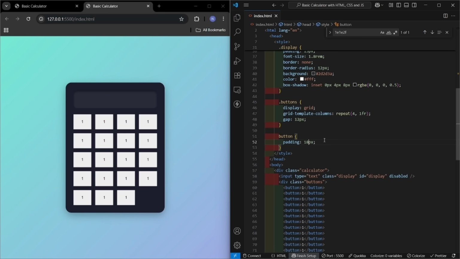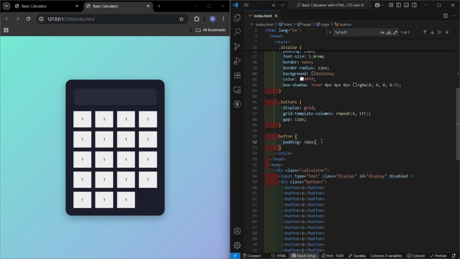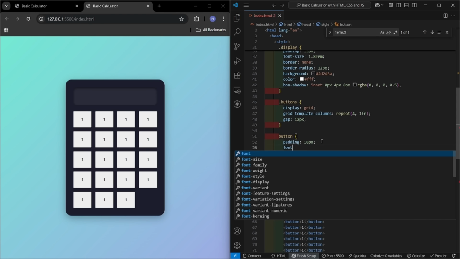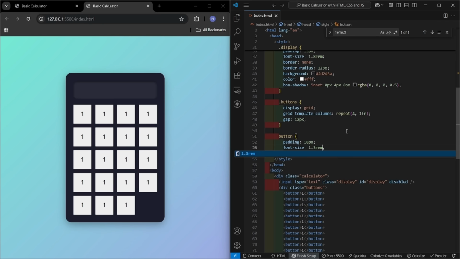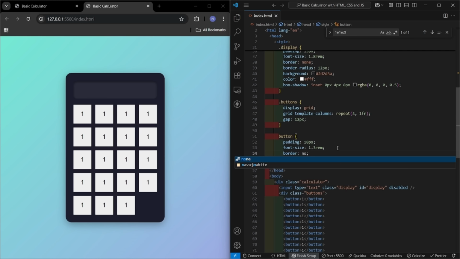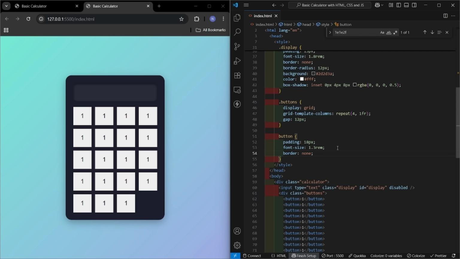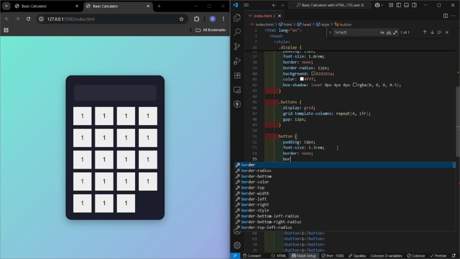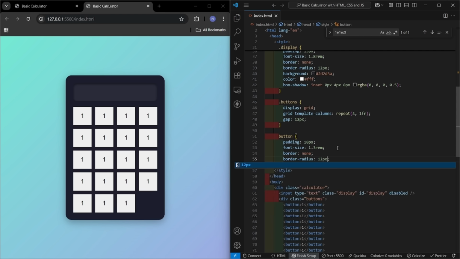No, 18 will be better. Yeah, great. After this, font size 1.3 rem. Okay, great. Then we'll give border none, border radius 12 pixel, then cursor pointer,